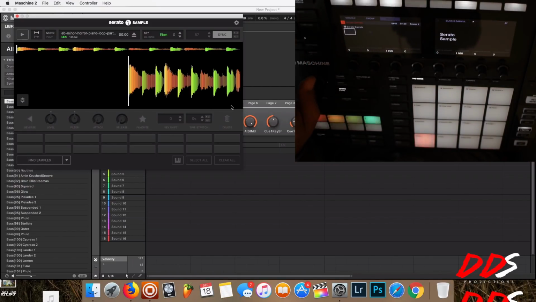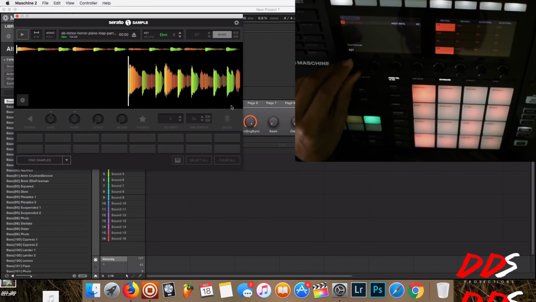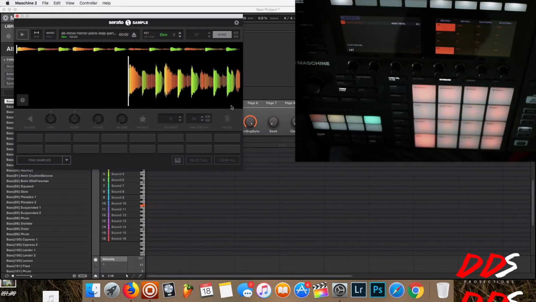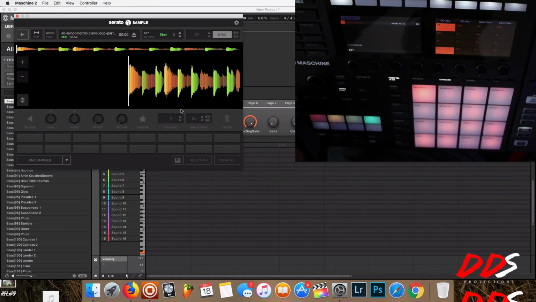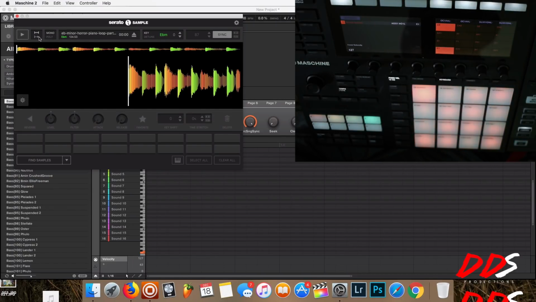But you still can do some stuff through here though, so it's not all bad. But let me turn this up, and then let me go make sure I'm on C1. And as you see on the computer, it tells you the key, which alone puts it above the Maschine module to me right now, because having that there where you don't have to try and figure it out is dope to me. And then it will find the samples for you, but let's just keep it on